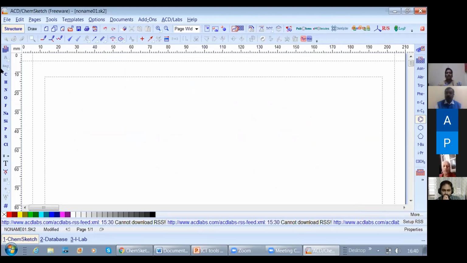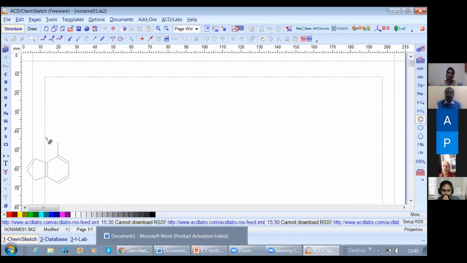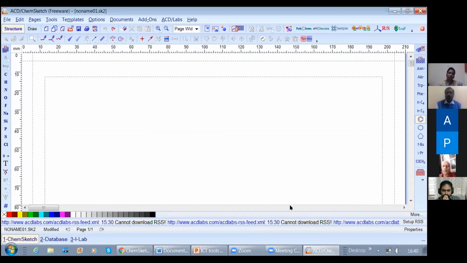Now how to write the reactions and how to put it to the Word pad, because now the reactions have come, but how can we copy it and send it? So for that, I'll take one example and I'll show it to you. I'll take the example of reaction of alkyl halides with water. So I'll take 2-bromo, 2-methyl propane.